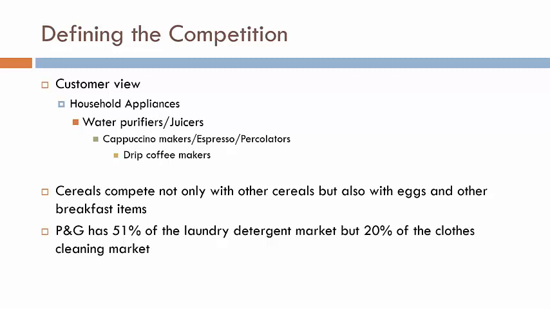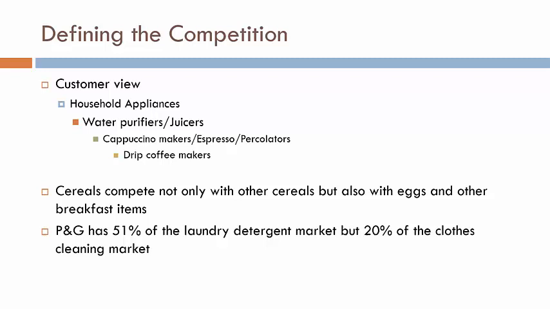Similar to the product centric view, the closest substitutes, if the consumer wants to make regular coffee, are other drip coffee makers, right? Which leads to product form competition, where manufacturers of other drip coffee makers differ in the combination of attributes and features. If the customer wants to make any caffeinated beverages, then cappuccino makers, maybe espresso machines and percolators will also be considered by the customer, and should be viewed as competition. So this is product type competition.